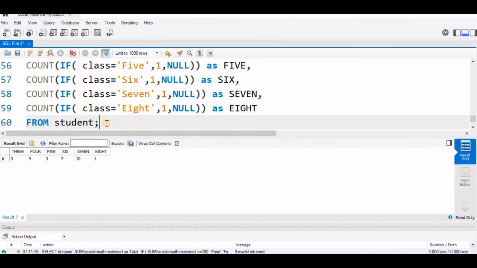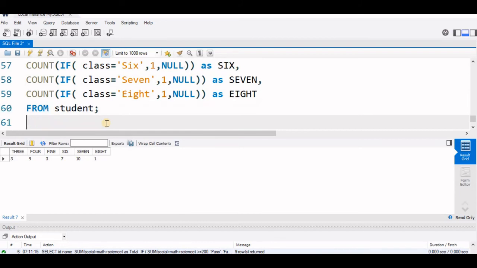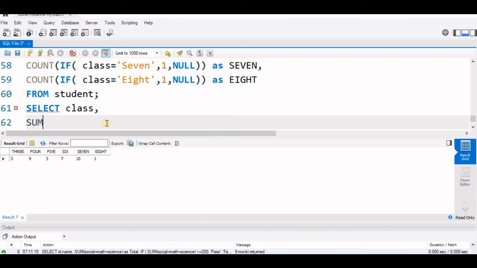Based on the marks, we'll distribute the students into different grades, sum it up and display how many of each grade there are in each class. So for that we'll use the if function and check it. We'll say select class. Now we'll say sum.